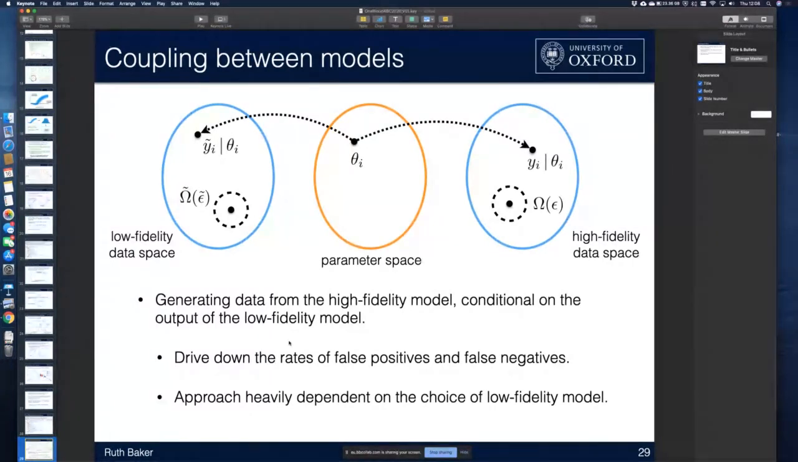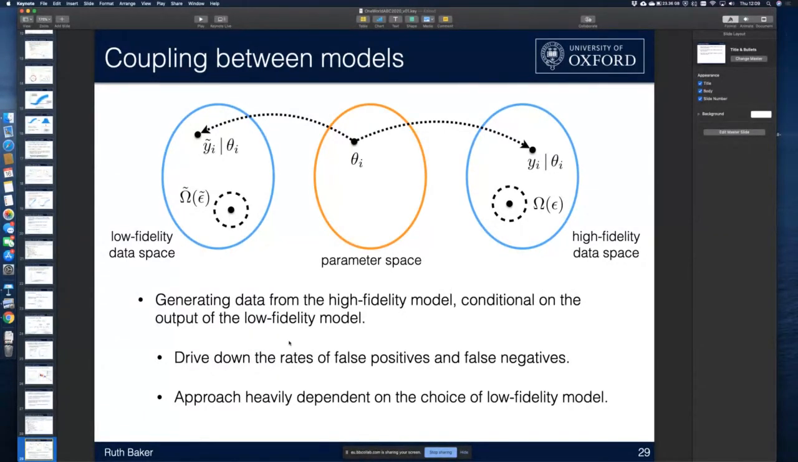So it's generating data from the high fidelity model conditional on the output of the low fidelity model. As a very simple example, you might be simulating your high fidelity model from time 0 to time t, and simulating your low fidelity model could be as simple as simulating from 0 to t over 2 or even t over 10. But there's many other things you could do. If you have a simulator that depends on a time step or a space step, you might just increase the time step or the space step to get a low fidelity model that's more efficient. Or you can do something like